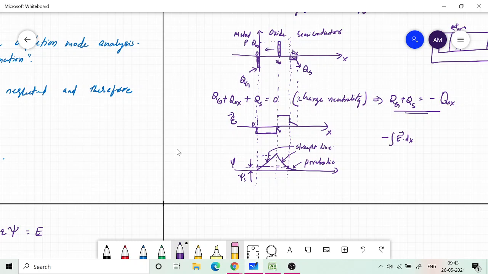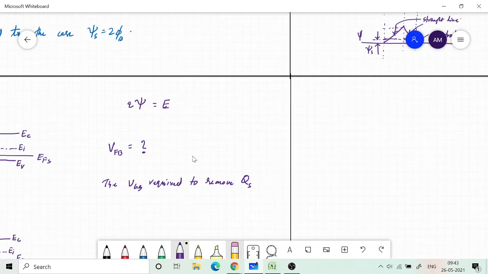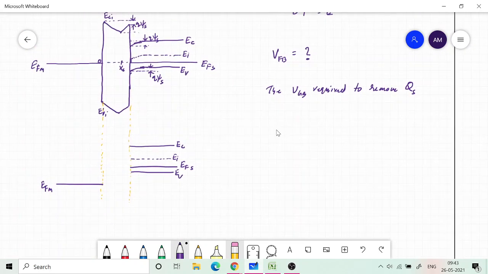Okay, so when you apply an external voltage between the terminals, bulk and gate, there is going to be a net voltage, and that net voltage is basically the difference in the Fermi function. So this is going to be your V flat band, but now I am multiplying it with Q. You need to apply a negative voltage.